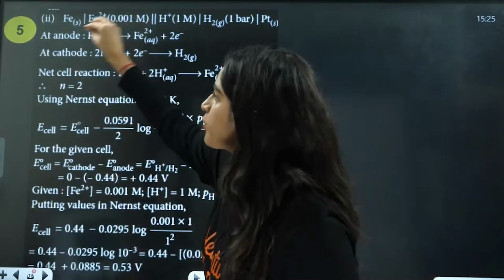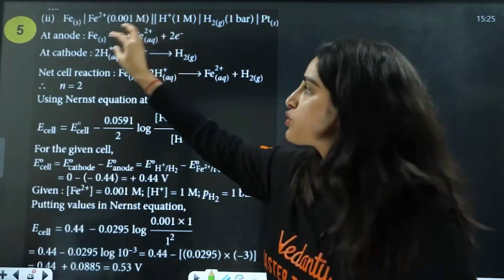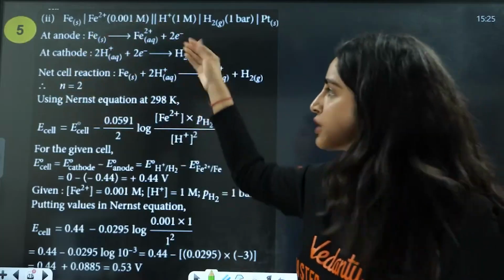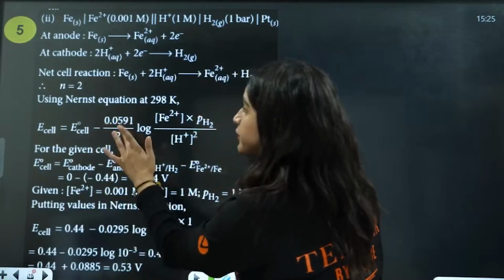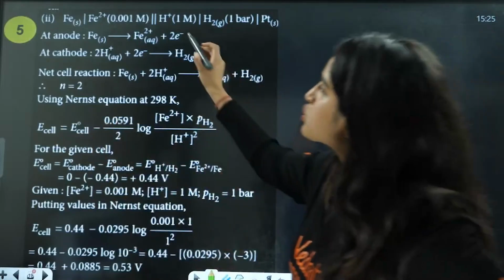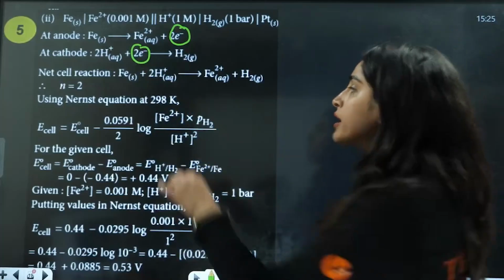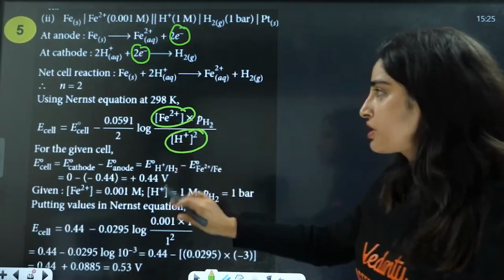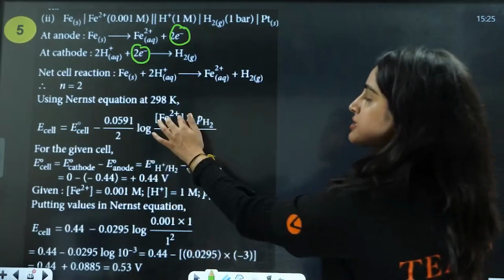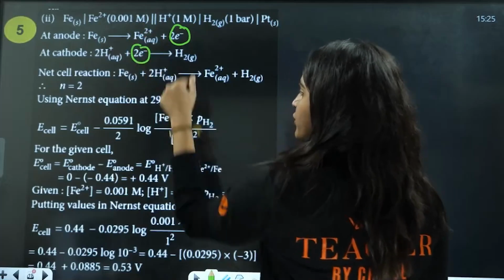This is the anode part, this is the cathode part. At anode, it will lose electrons. At cathode, it is going to gain electrons. So the Nernst equation is going to be E naught minus 0.051 divided by 2. Why 2? Because 2 electrons are gained and lost here, that is why n equals 2. Now log is equal to, this is the reduction part, this is the oxidation part. The oxidation part is this one, that is Fe2 positive.